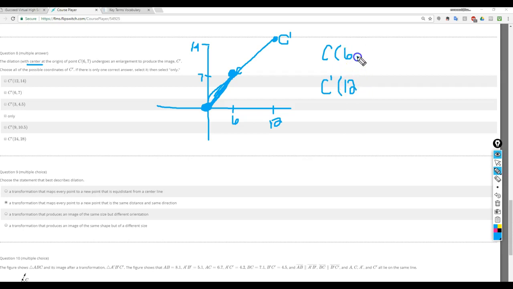So that has to be the same scale factor for the y-coordinate. So is 7 times 2 14? And yes, it is. So C prime, the first option at 12 and 14, would be correct because it is multiplied by a number greater than 1. So C prime with the coordinates at 6, 7,